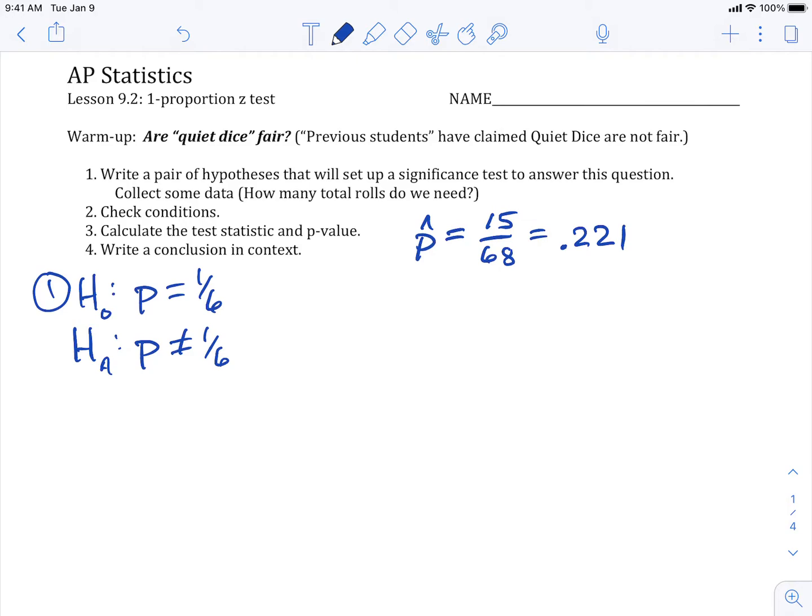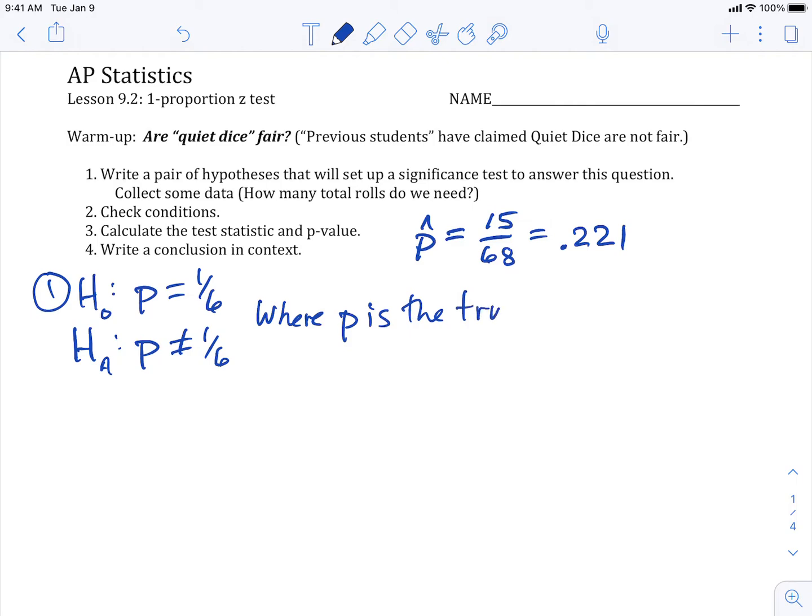So that's why it becomes what we call a two-tailed test. It becomes a not equal to alternative hypothesis. Now, it just turned out that our data happened to be higher, but we would have been just as concerned if it came out to be like 10% 5s instead of 16. So ahead of time, we make this decision that we're going to go with a not equal to. And then, of course, we finish this by saying what we think, or defining what P is. So where P is